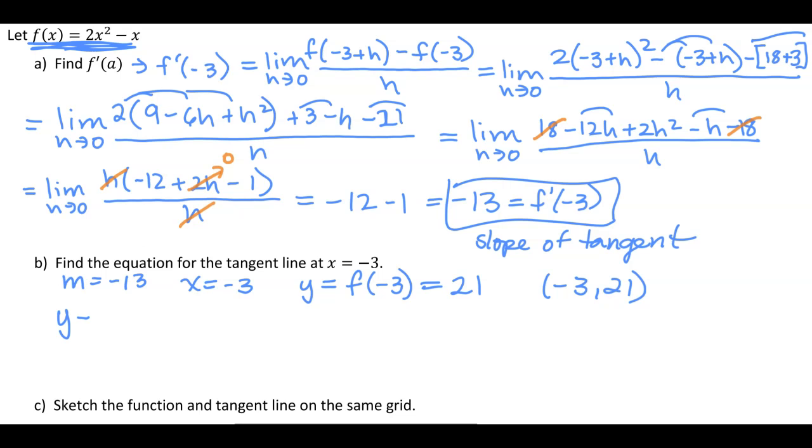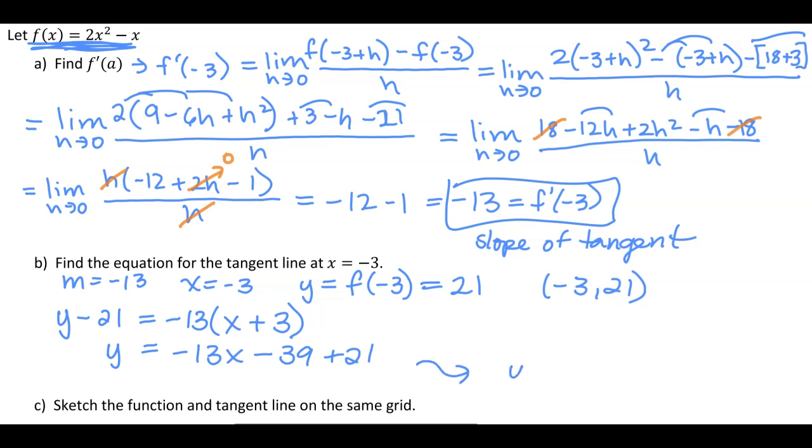So I'm planning on using my point slope form. Feel free to use your slope intercept form if you like it better. I used to always just use slope intercept form, but I've kind of gotten to like the point slope form, just setting it all up for me. So I'll have y minus 21, y minus your specific y value, equals our slope times x minus x1, or x minus our specific x value. Since our x value is negative, that becomes a +3. And then we just have a very small amount of rearranging to do. I'll distribute that -13 through, and I'm also in that same step adding the 21 to move it over from the left-hand side. So all put together, I get that y equals